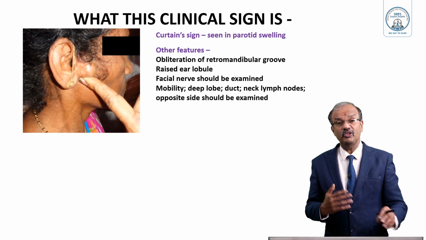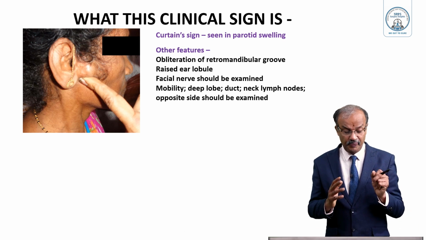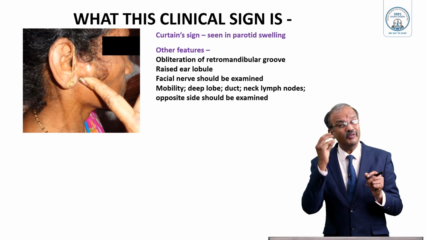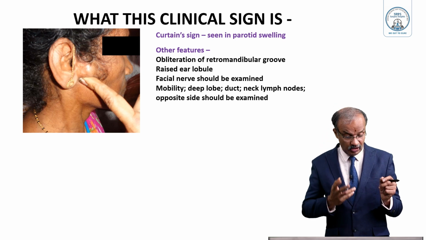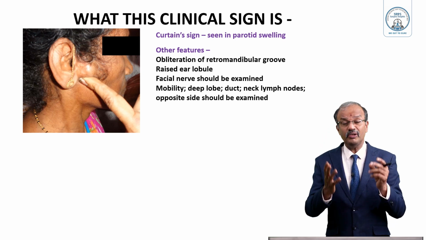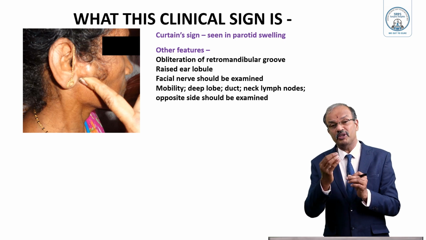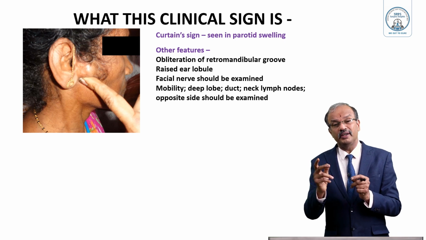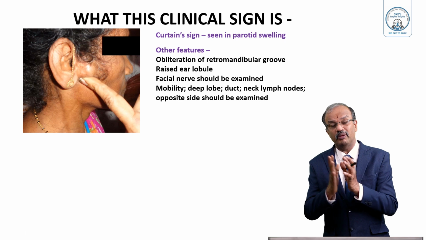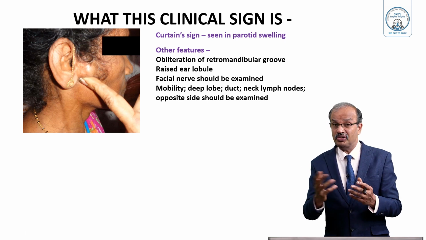So other features: obliteration of the retromandibular groove, raised ear lobule. If it is in front it may not be, but if it is in this area it will be. And the facial nerve should be examined. It's very, very important. The facial nerve comes out of the stylomastoid foramen and divides into two main branches and passes through the